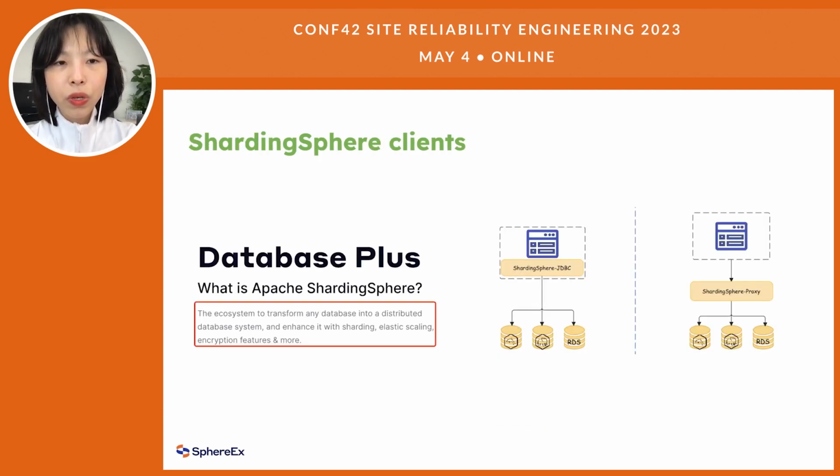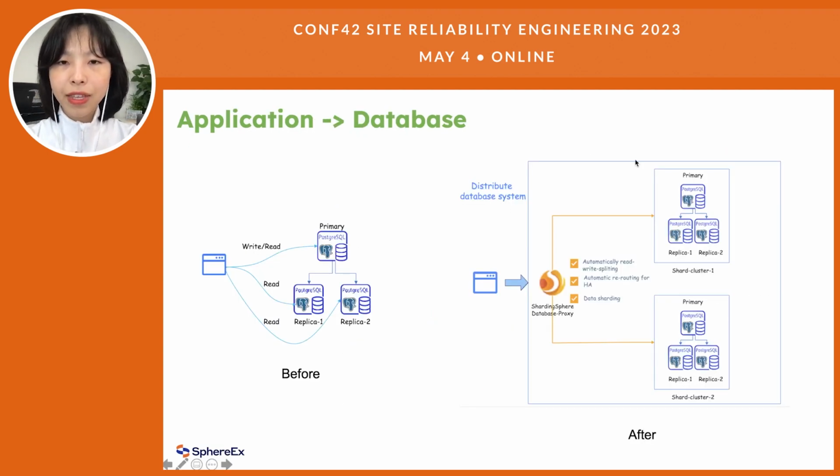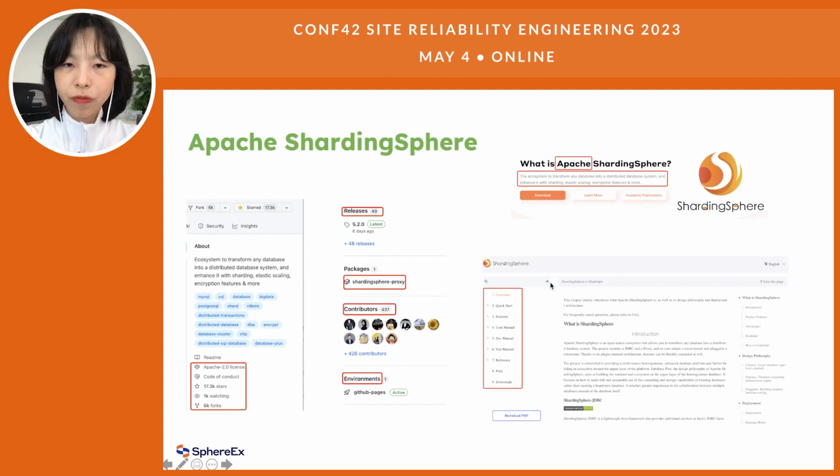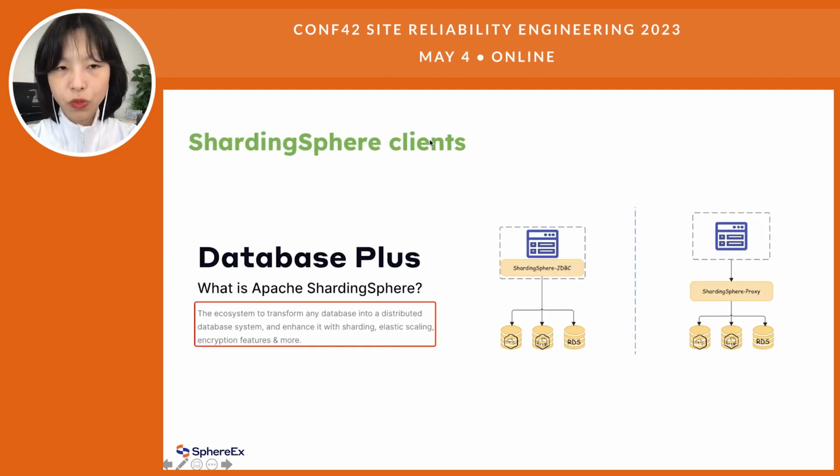Okay, so the Sharding Sophia clients. As I said before, in your application you just use the database proxy to visit your databases. And for this database proxy, Sharding Sophia provides 2 clients for you to choose from. The first one is the driver client. The second one is the proxy client. So you can choose one of them based on your case. The driver is named Sharding Sophia JDBC.